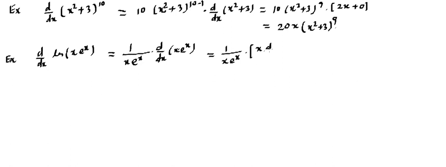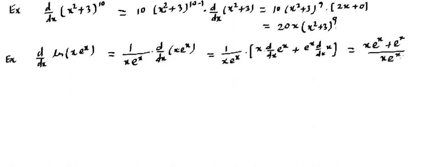So we need to differentiate d upon dx of this e raised to power x. After some time you can start writing directly as well, and then we write the second function as such. We will be differentiating the first function d upon dx of x, and then in the numerator is going to be x times the differentiation of e raised to power x. In the second term is e raised to power x, and differentiation of x is 1, so multiplied with 1, divided by x e raised to power x.